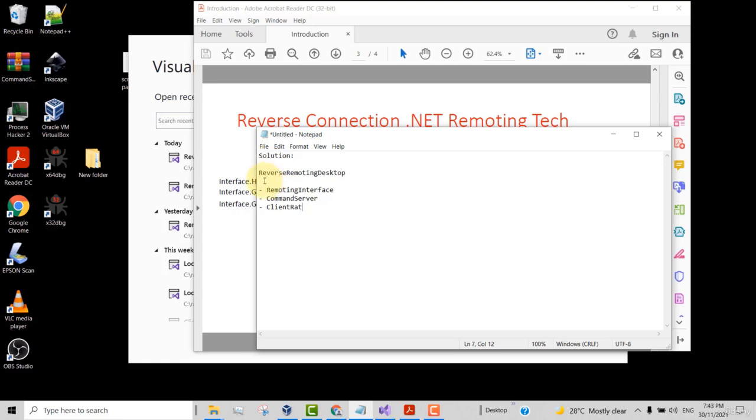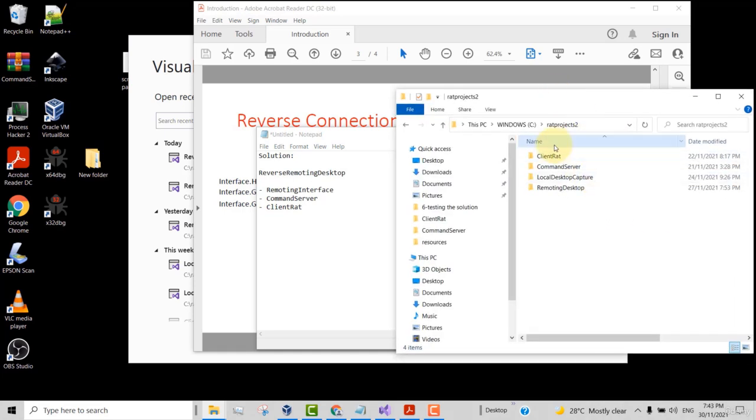The solution will be called reverse remoting desktop. Within the solution, there will be 3 projects. The first project is remoting interface, then command server, and finally client red. So we need to create this solution inside this folder called red projects 2. So there should be a main solution folder here called reverse remoting desktop, and within it there will be 3